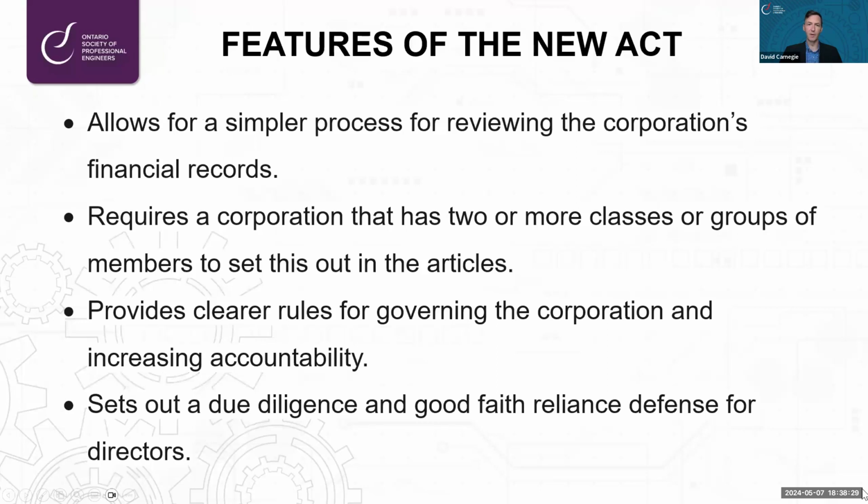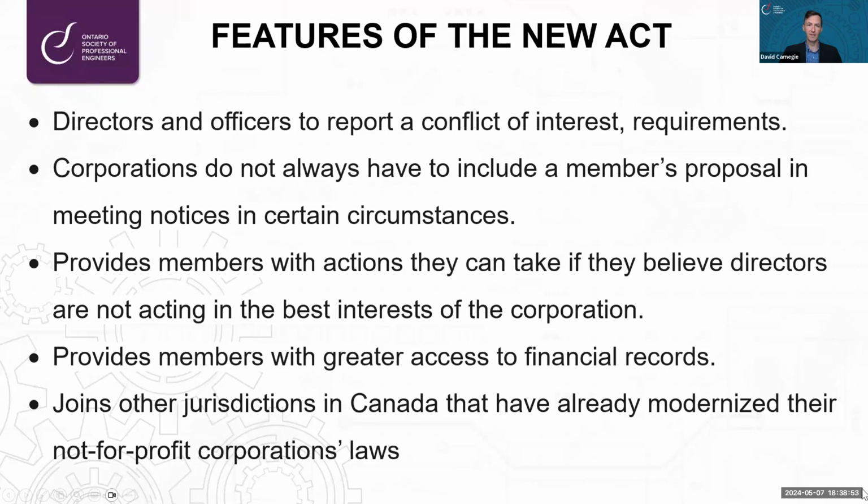It allows for a simpler process for reviewing the corporation's financial records, requires a corporation that has 2 or more classes or groups of members to set this out in the articles, provides clearer rules for governing the corporation and increasing accountability, and sets out a due diligence and good faith reliance defense for directors. It lists specific requirements for directors and officers to report a conflict of interest in certain circumstances, states that corporations do not always have to include a member's proposal in meeting notices in certain circumstances, provides members with actions they can take if they believe directors are not acting in the best interests of the corporation, provides members with greater access to financial records,